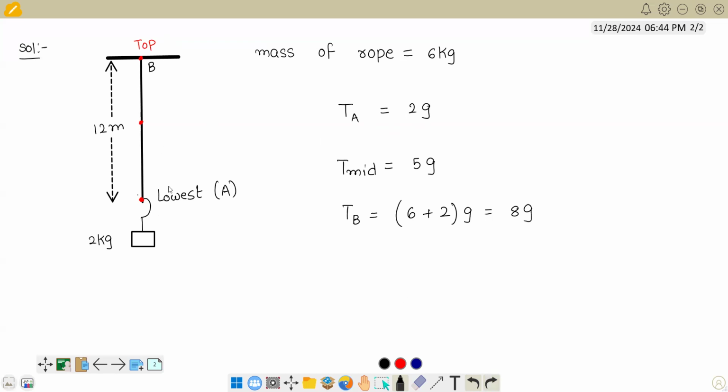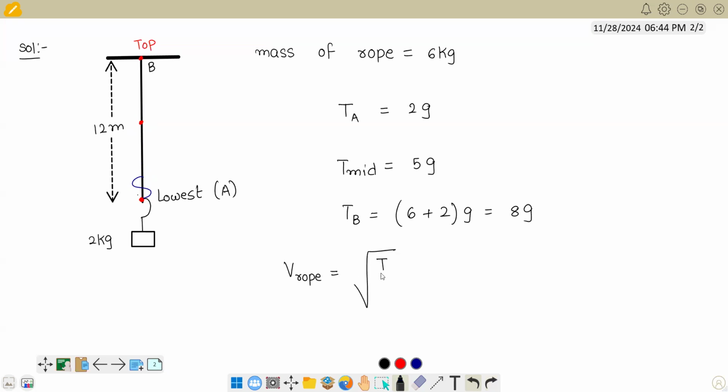Now the question is, what happens when there is a change in tension? If you create a wave, let us assume we have created a small wave segment here. And when this wave train travels from one place to another place, as it is traveling, if the tension changes, we know the velocity of a wave in a rope